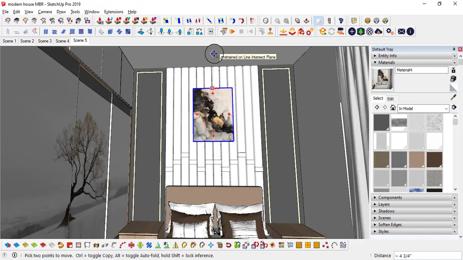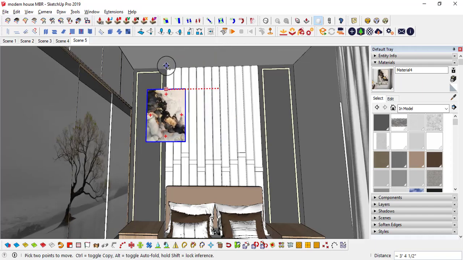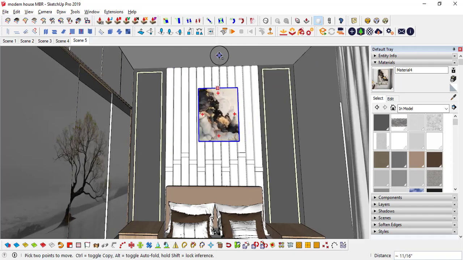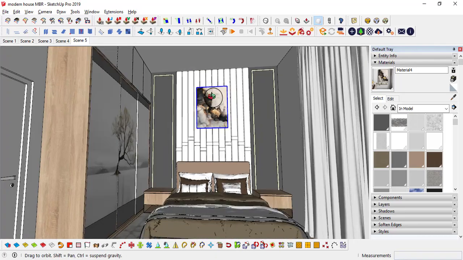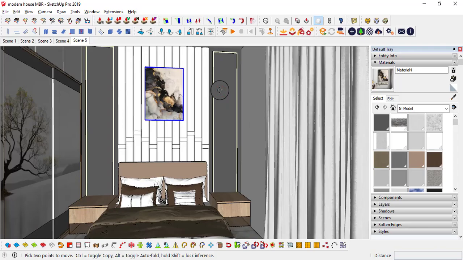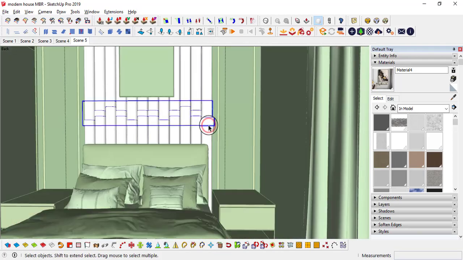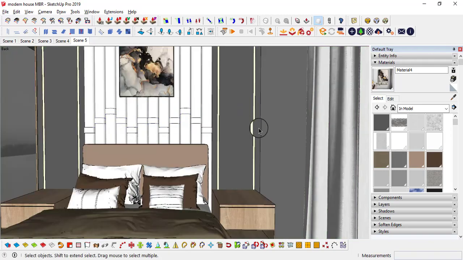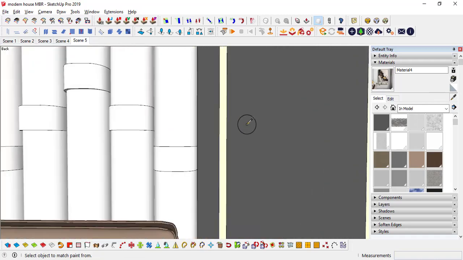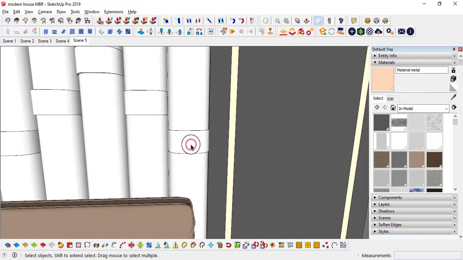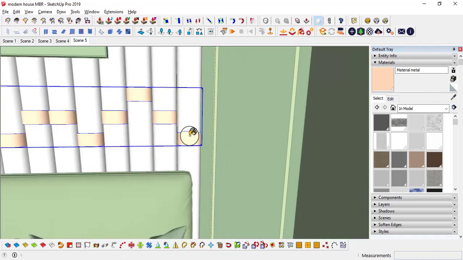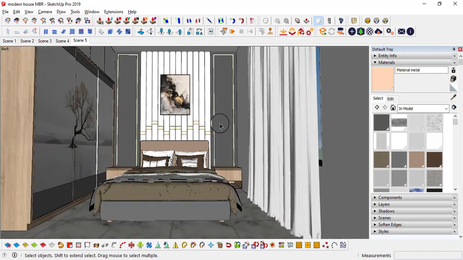Either you can adjust on an average, or you can trace between the line over here and trace the midpoint, but I'm using just on an average, a little bit downward. That's it. And I can adjust these rings a little bit lower, and I will select this material onto this group B. That's it.